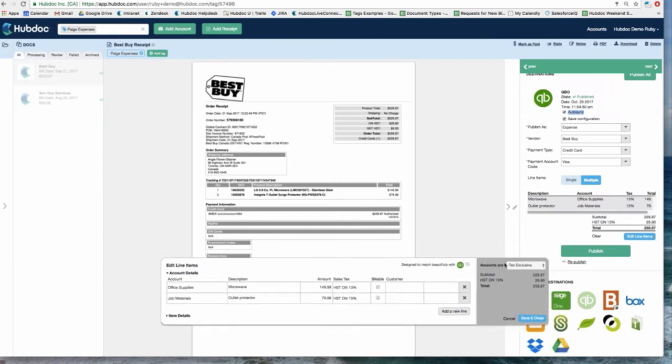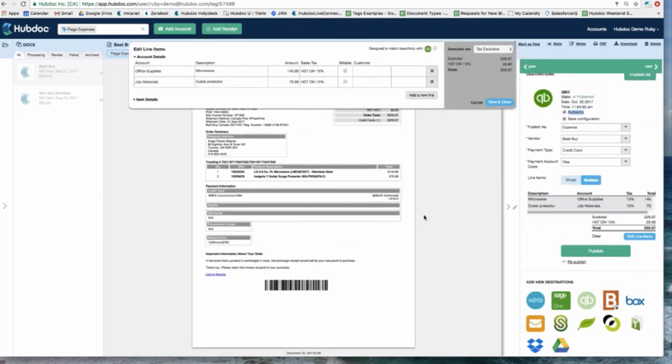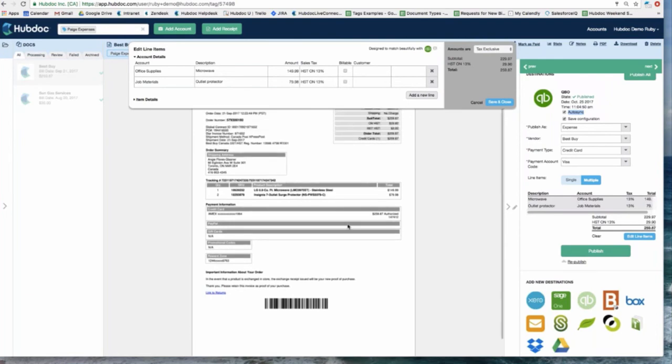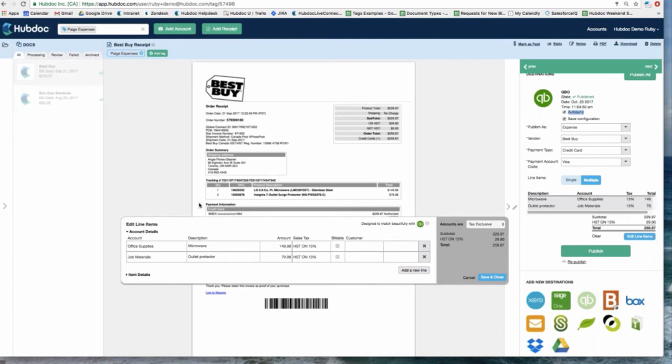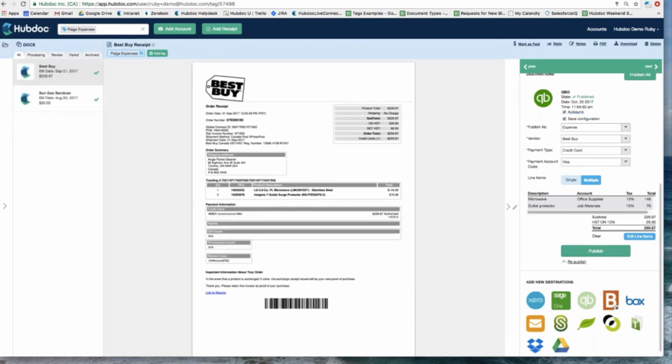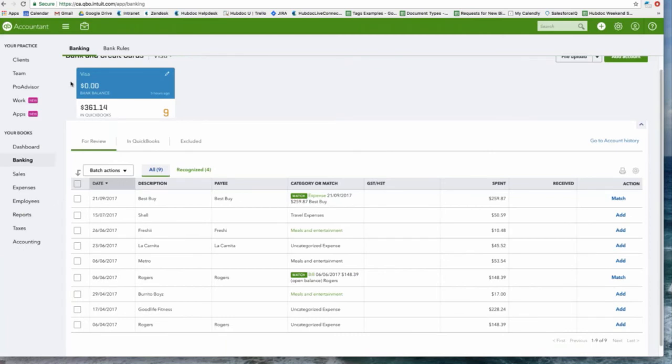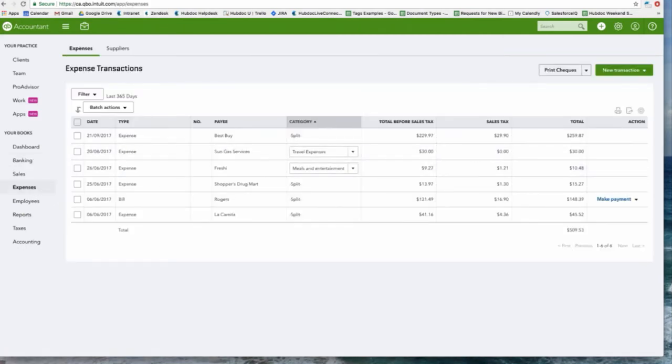Also super helpful that this window can move around if you have a long document, as well as the background scrolls. So it's really easy to enter those line items. And then once you save and close and publish again, the transaction will be created in QuickBooks Online. We can show you where that one was created. Back to the expenses tab. Going into Best Buy here,